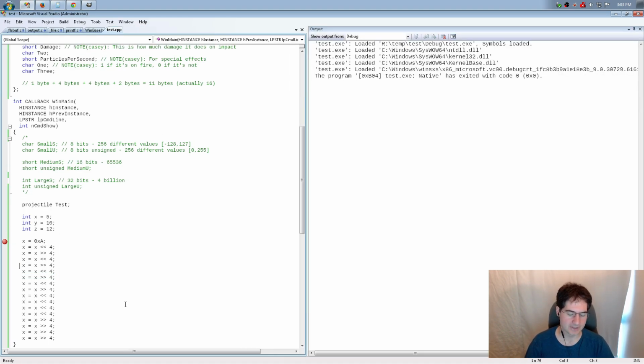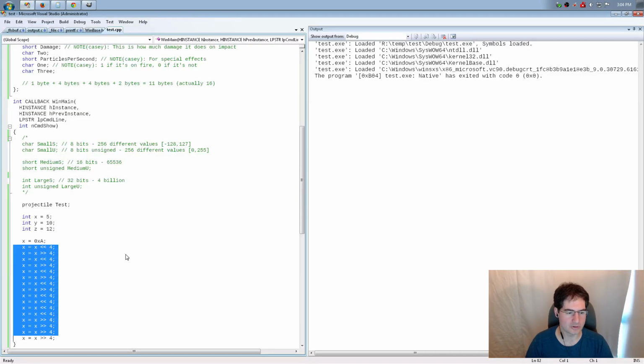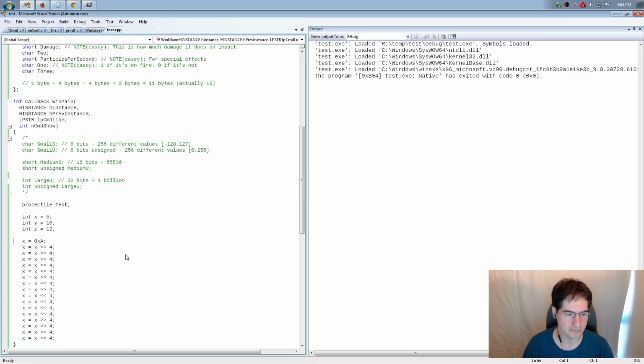So that's shifting. You may think that shifting isn't particularly interesting yet, but you will see us do it a fair bit. There's a number of reasons why we might do it. I won't try to demo them today because we've been trying to cover the low-level stuff, and I won't get into the reasons why you might use it. But suffice to say, it's more useful than you might think, and you will see us use it in the mainstream.